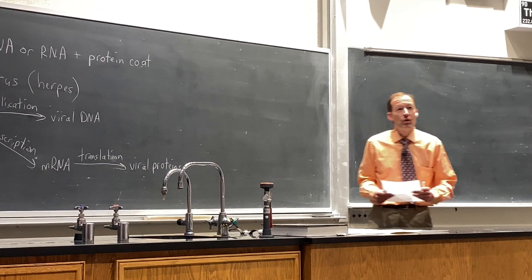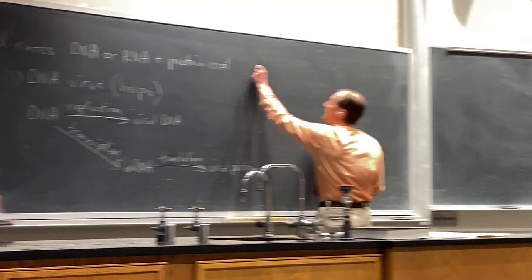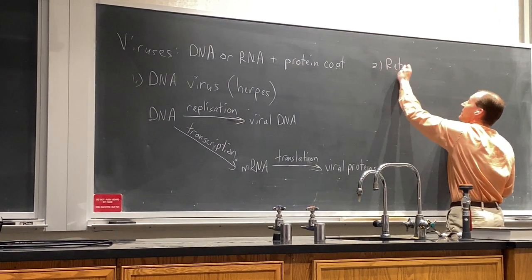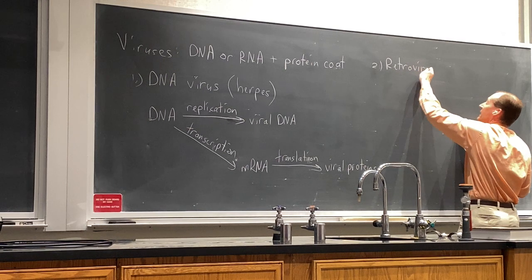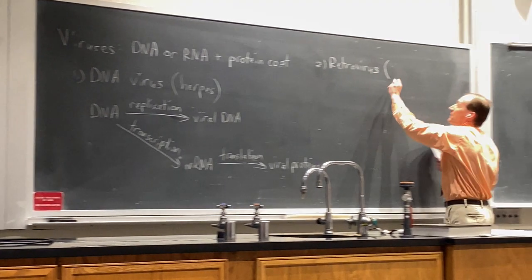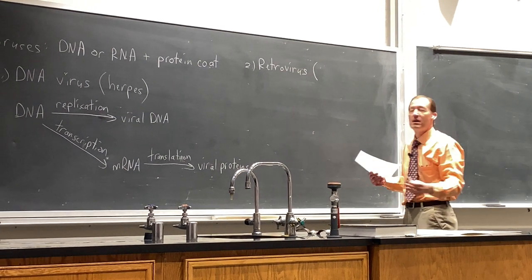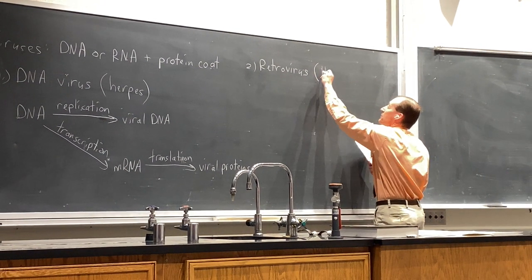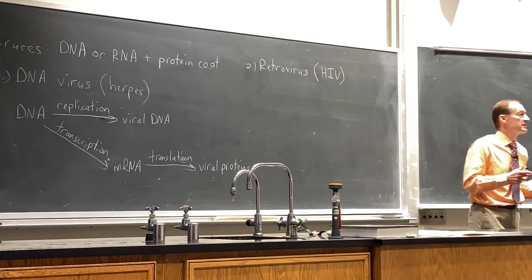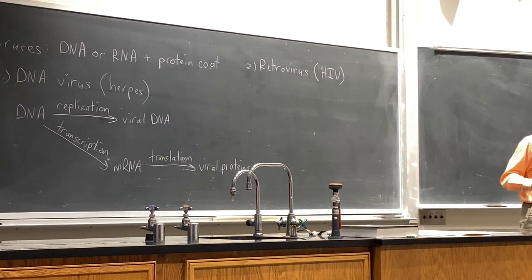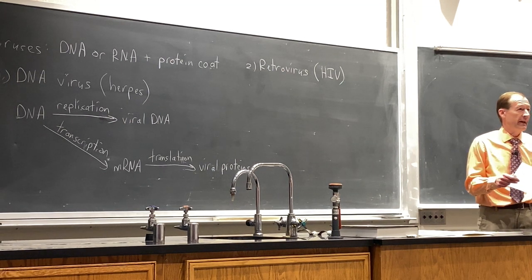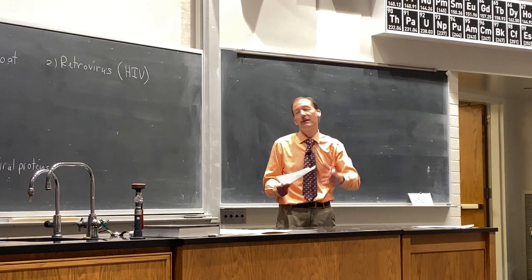Okay, the second category of viruses that the book mentions are known as retroviruses. Perhaps the most commonly known retrovirus, the one that I'm aware of, is HIV. The virus that causes AIDS is a retrovirus. So a retrovirus is going to have RNA inside its